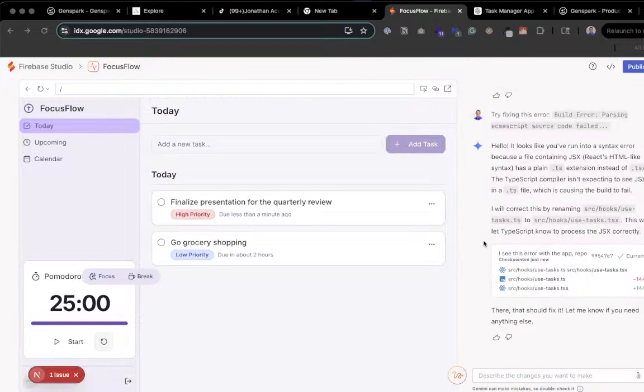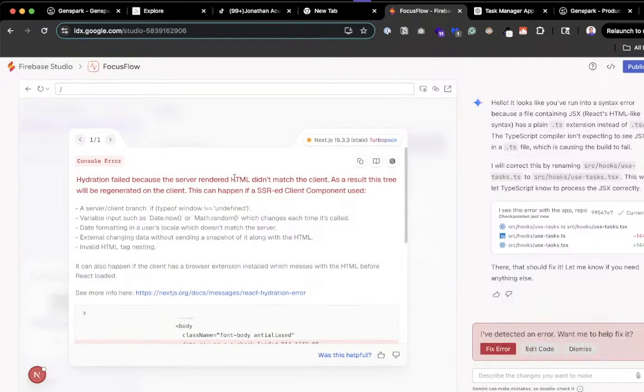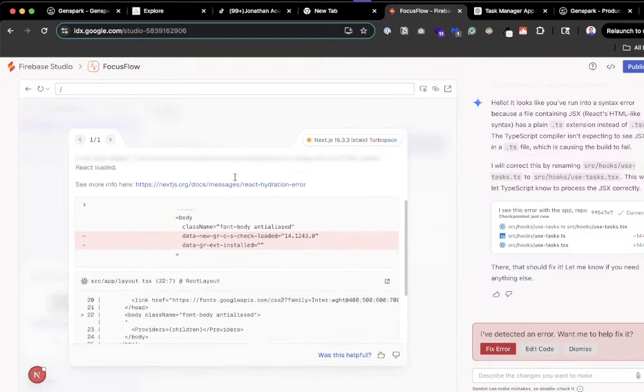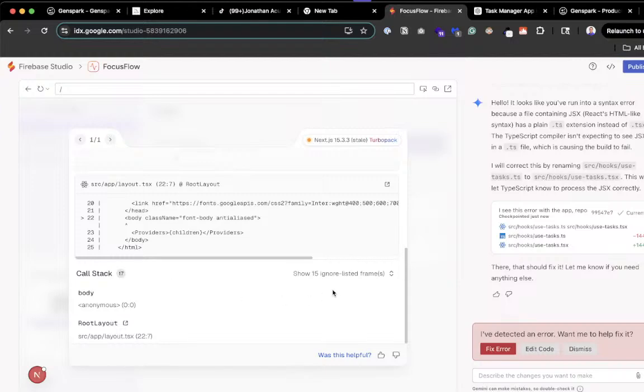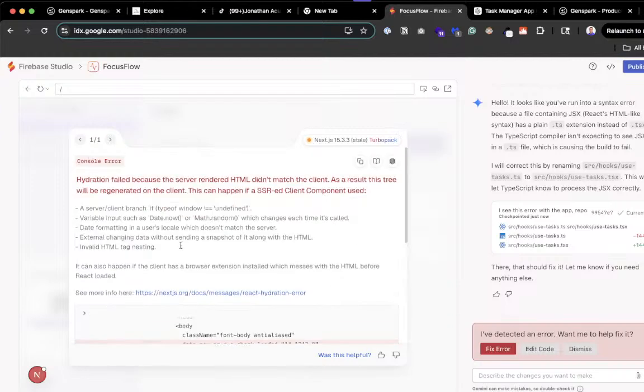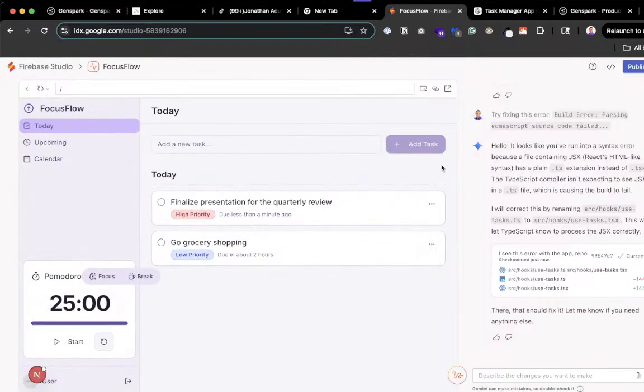I think I have an app. I think we just built an app in what, 6 minutes, give or take? Not that long. Okay, so here's our app. We have one issue. I don't know what this error means, but